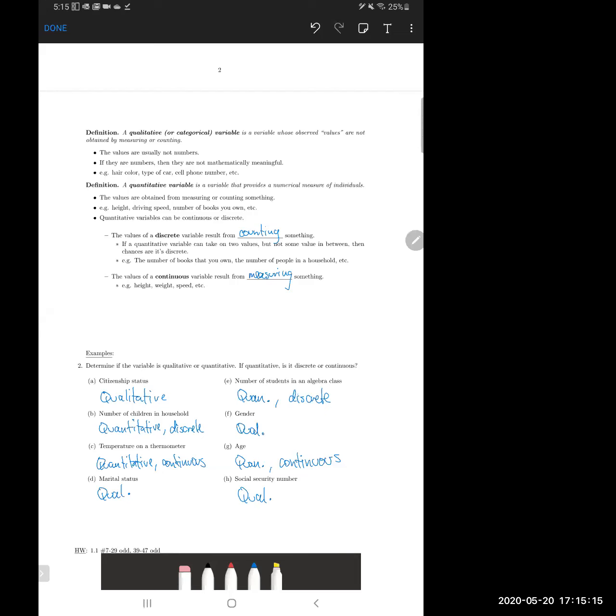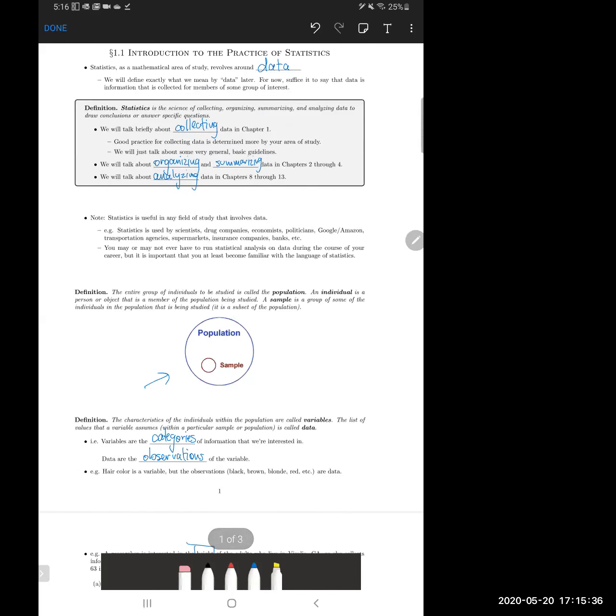The problems that I actually want you to do are in the textbook, right? At the end of the section, at the end of 1.1, there will be a list of exercises in the textbook. I want you to work out your solutions to those on a separate sheet of paper, and then you'll turn this in to me later on in the course, okay? But that will do it for